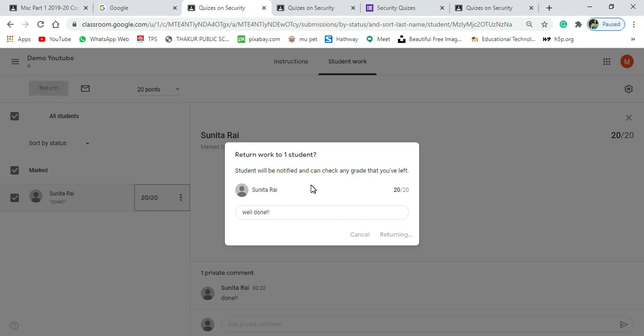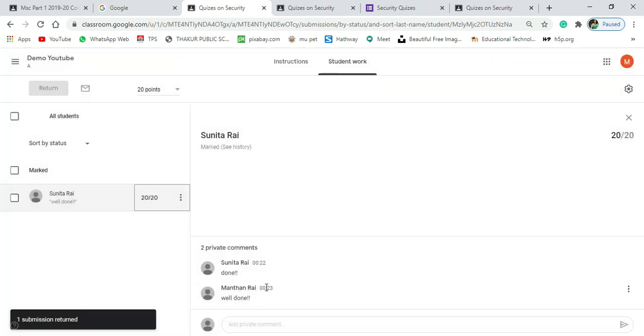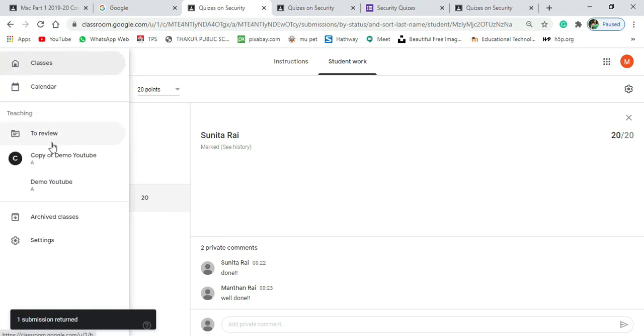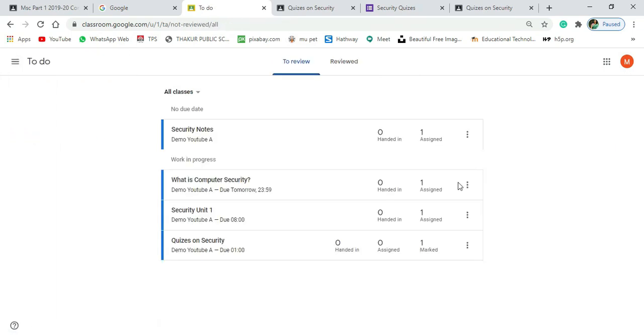So students got the message, well done, and student gave message to teacher as done. So now the thing is done for that particular student. So if you go to review, you can see a sign handed in is now 0 and mark is 1. So this way you can assign quizzes or assignments and you can return to your students.